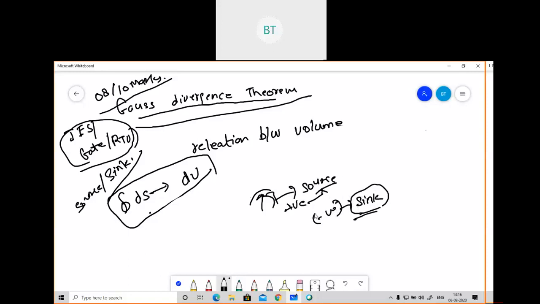If the rate of change of function is increasing with respect to its position, then it must be the source. If the rate of change of function decreases with respect to its position, one can say that is a sink. So basically, Gauss divergence is a flux density which explains how much flux is entering or leaving the source or sink. One more part of the Gauss divergence theorem is that it is a flux density.